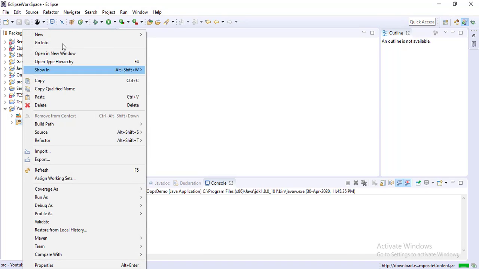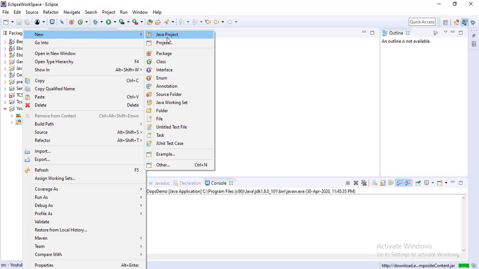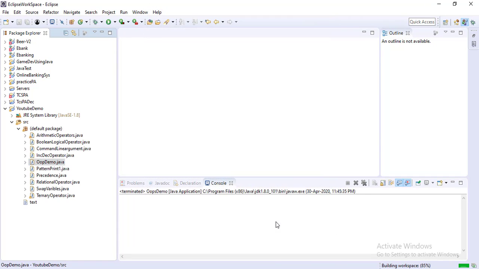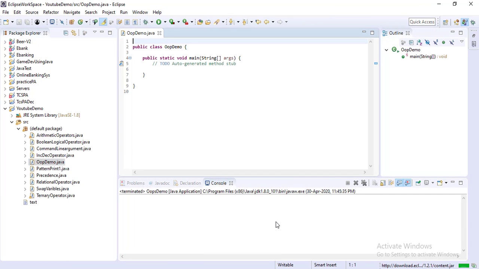So here I am creating a class, and giving the name as demo, this is object oriented programming demo, and I am creating the main method as well, selecting the public requirement. So in case of Java, we are starting from the main method.